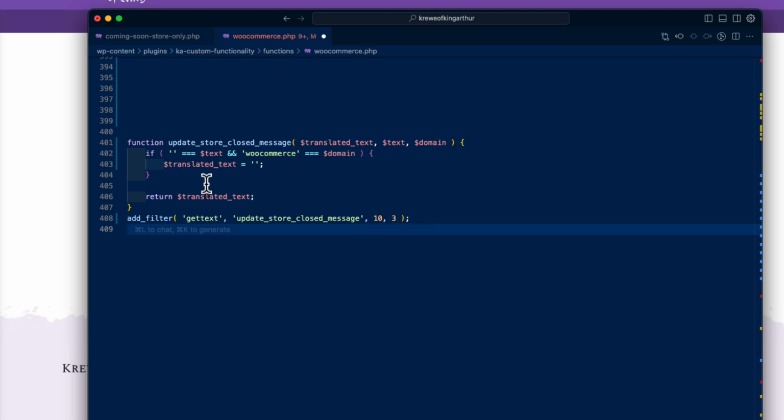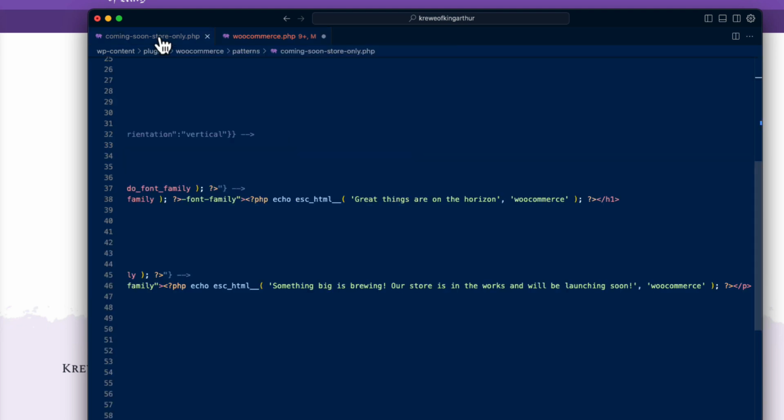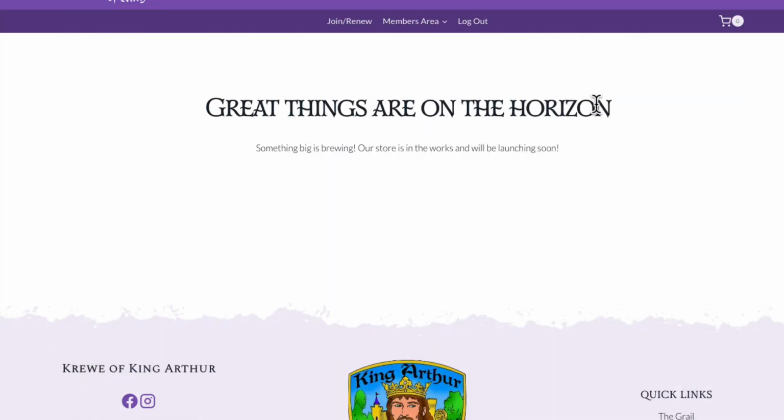Next, we need to pass in what the text is, and this is the domain. What we're doing is we want to make sure that we are only filtering in the spots that we're interested in. If we go back and look at this original code, you'll see that this is the text and that it is the WooCommerce domain. So both of them are the WooCommerce domain. Typically you're probably not going to be finding it in the code, so you may not have this to copy from, but what you could do is just copy this right here,